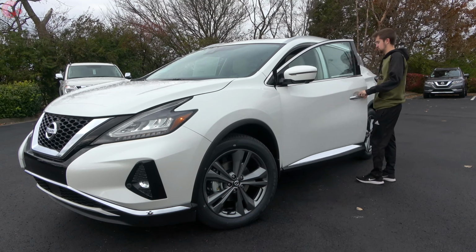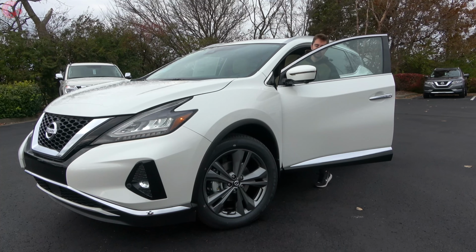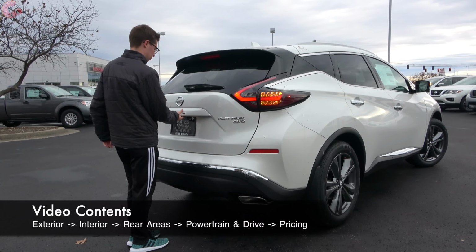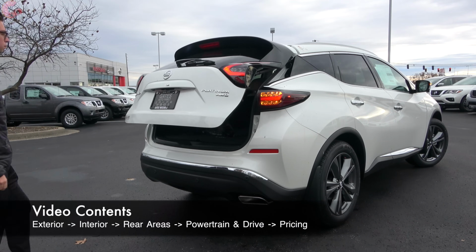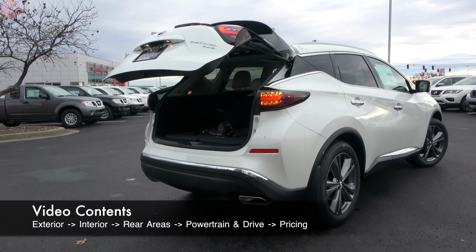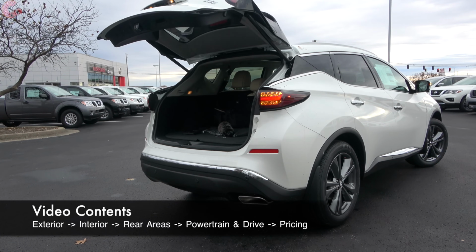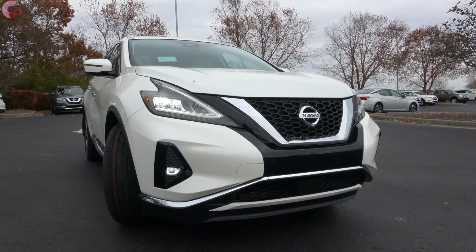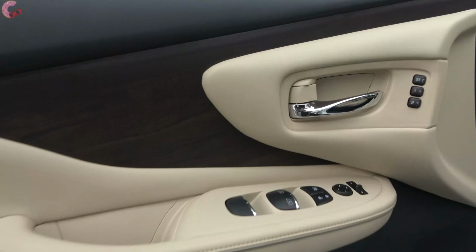What's going on YouTube? So while many automakers abandoned and are now re-entering this mid-size two-row segment, Nissan has been offering the popular Murano continuously for years. Now we have the latest 2020 version with a few important updates, in addition to the huge ones it received